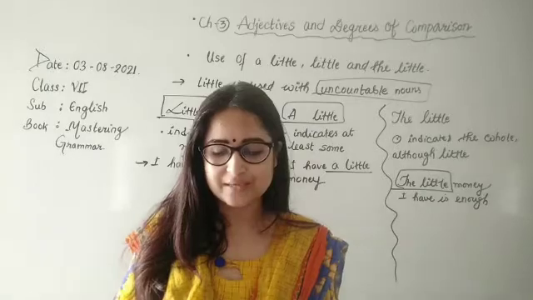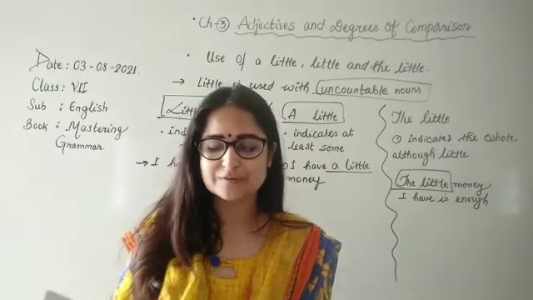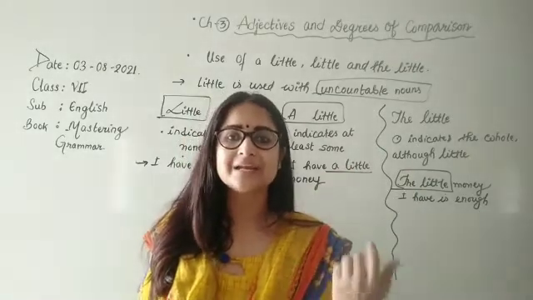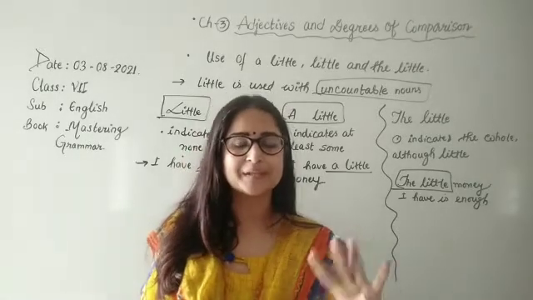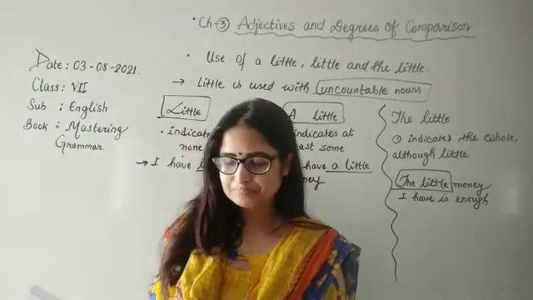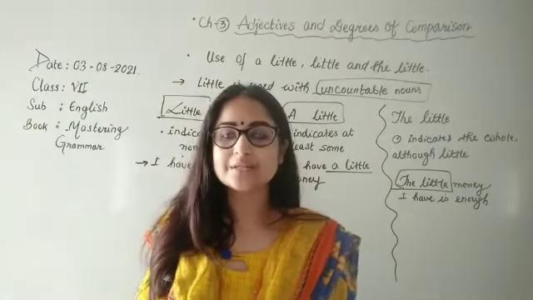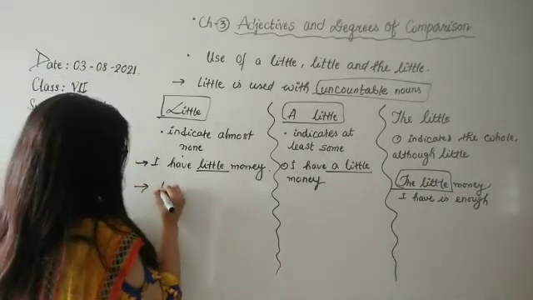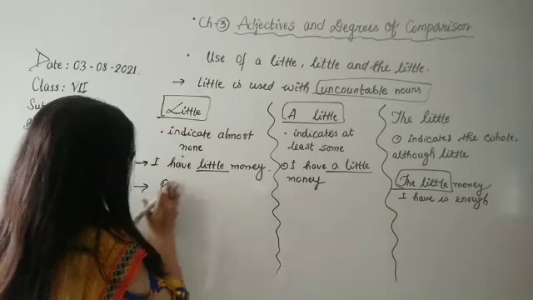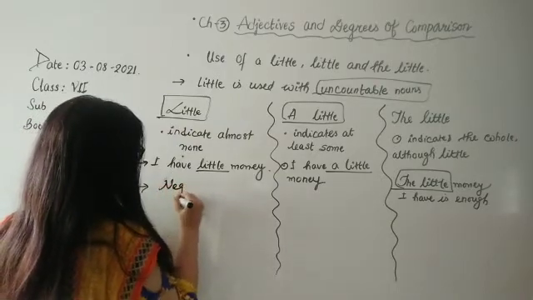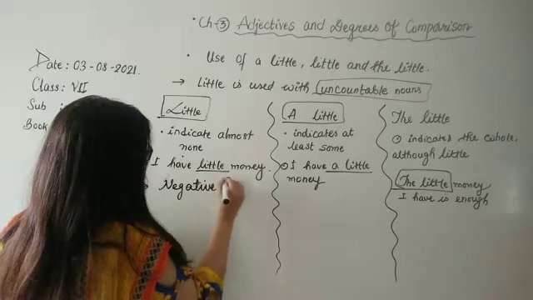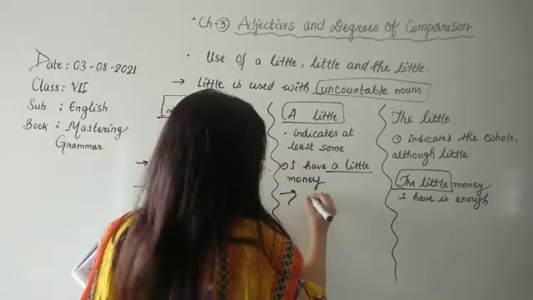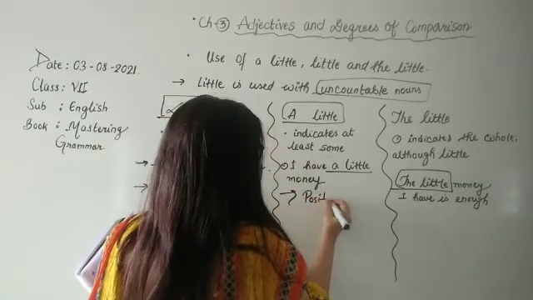Okay. Then again we can see the last one. She made 2 cups of tea with the little milk in the pan. Means with the whole milk, which was very less in amount. Then she used all the milk to make what? Cups of tea. Right? So now children, this was all. You should remember this little is used in the negative sense. Now this one is always in positive sense. Means you have some at least.